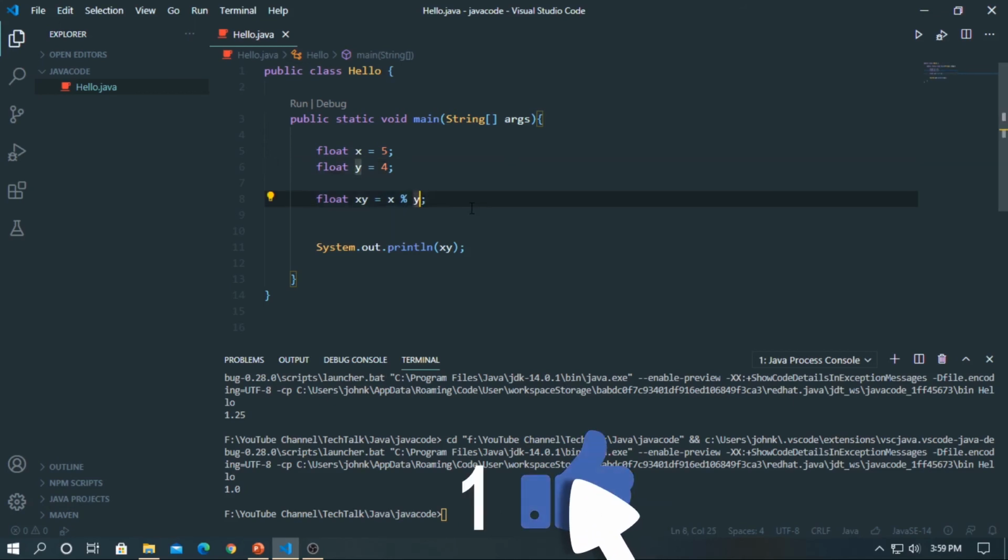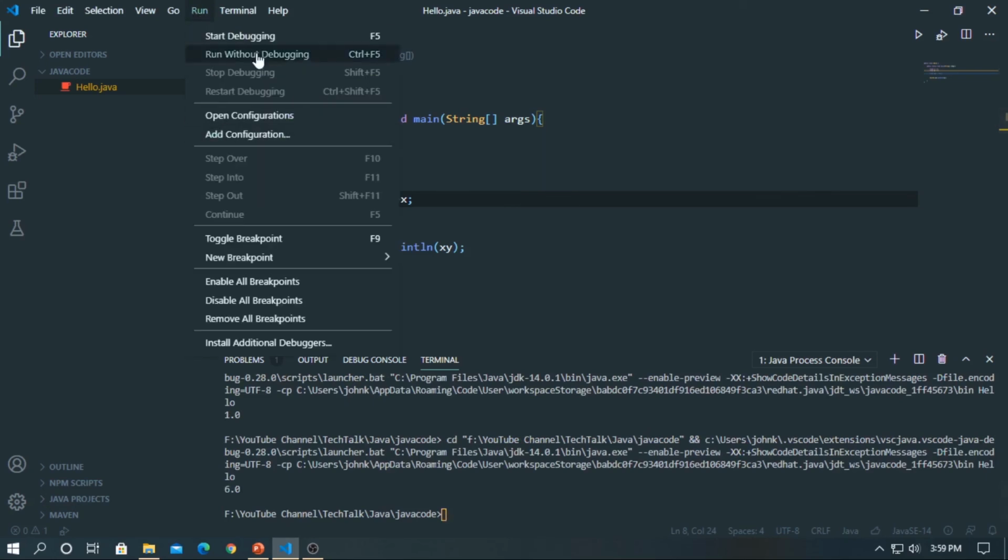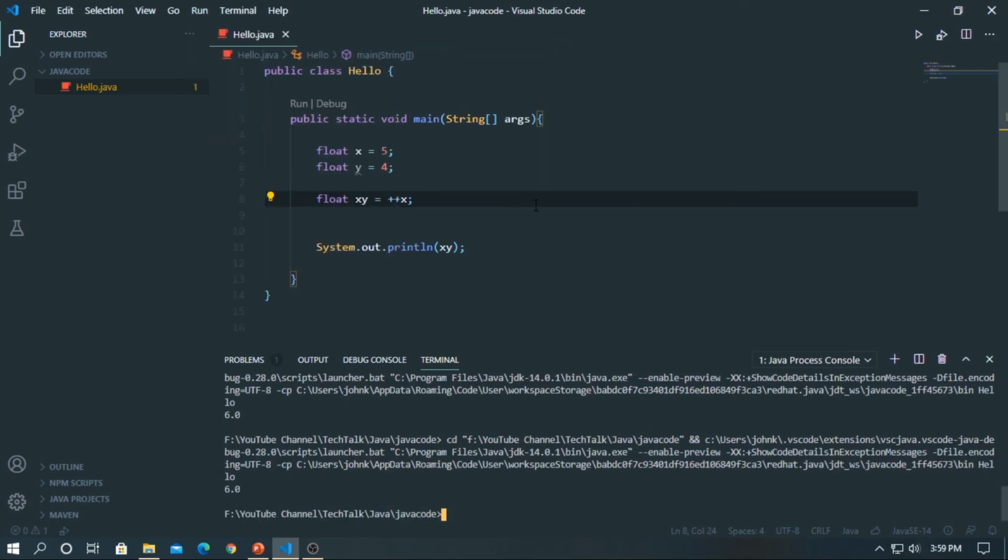Let's increment it by 1. It should print 6. Let's run this code again. 6. So it's incremented by 1. The actual value is 5, and after the increment operator, it's printing 6, adding up 1.